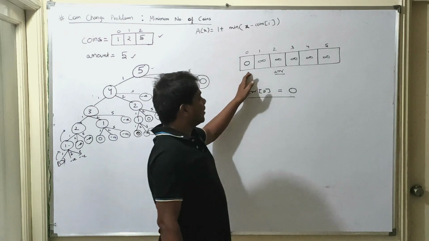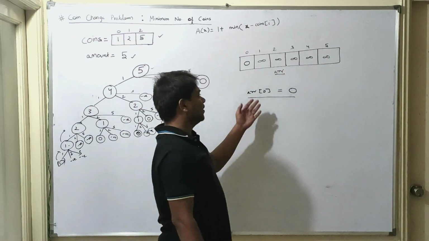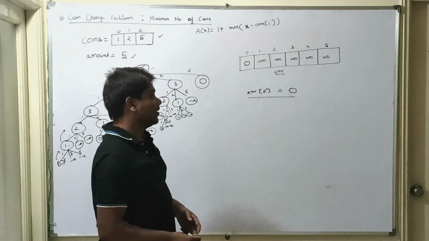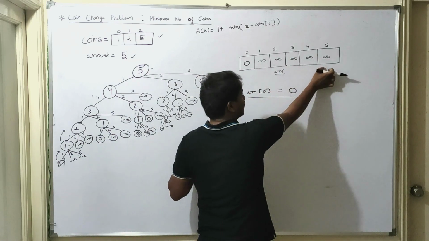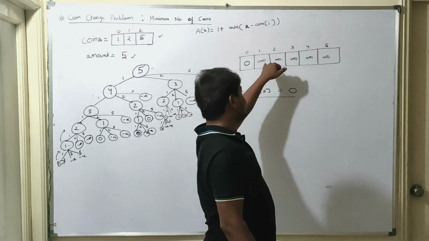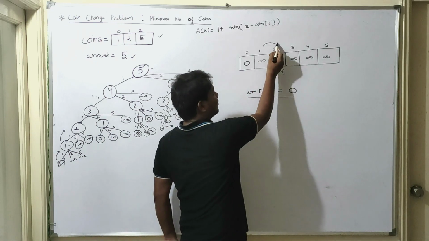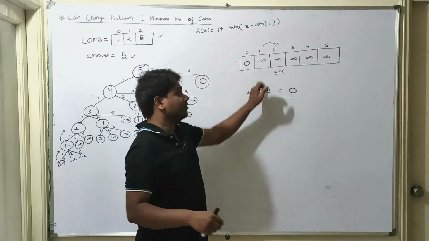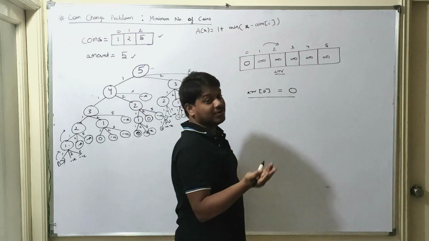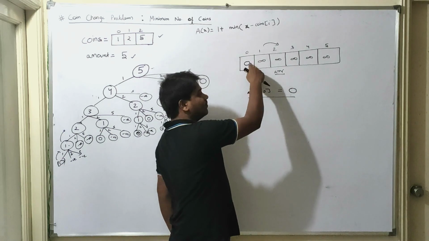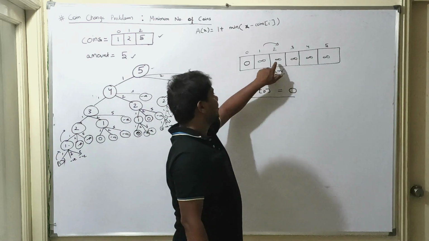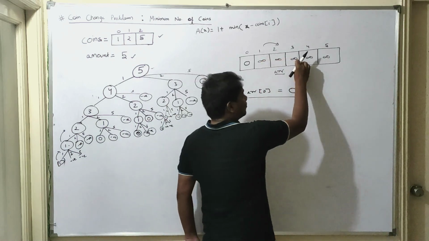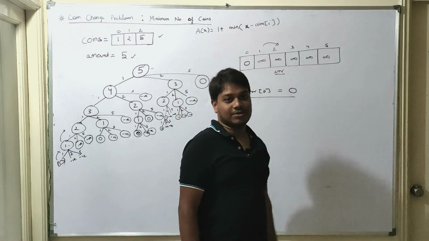The other indices we can put some maximum value or some very great value over here. And then at each and every index we want the minimum value to be present, so that once the subsequent value is calculated on the value of this, we already know that this is the minimum value that we are having. So this value which would be calculated would be, suppose if it is the sum of these two, then this is the minimum value plus this is the minimum value, and if this depends on these two, then again the same thing happens. So we will store all the minimum values in the various indices of this array.